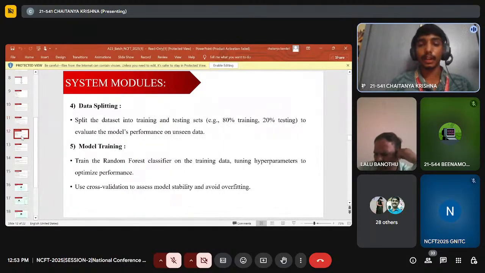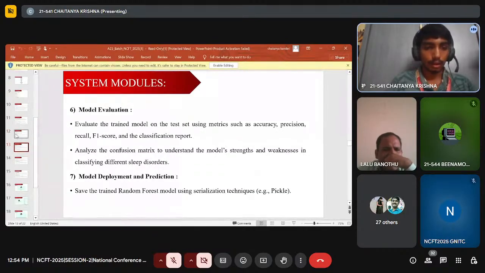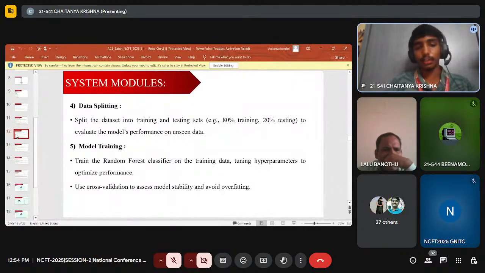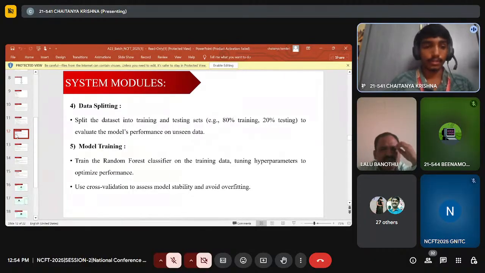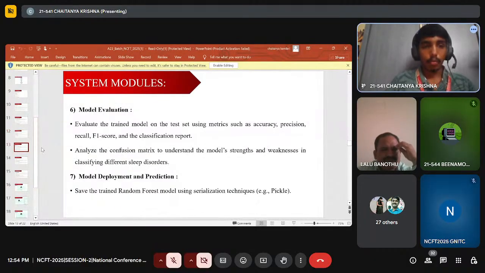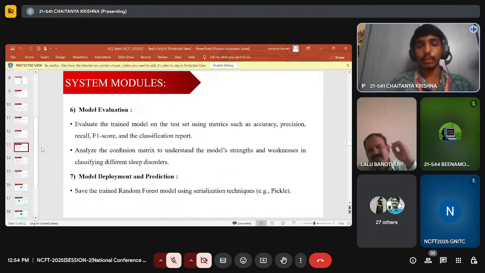Feature selection and engineering: use feature importance from random forest to identify the relevant features and perform necessary actions. Data splitting: split the data set into 80% for training and 20% for testing. Model training: train the random forest classifier on training data, tuning hyperparameters to optimize performance. Model evaluation: evaluate the trained model on the test set using metrics such as accuracy, precision, recall, F1 score, and